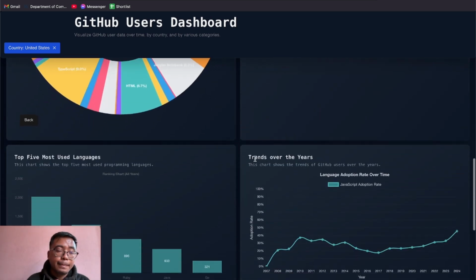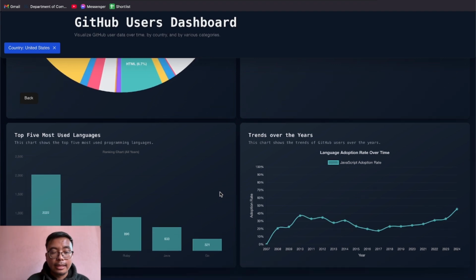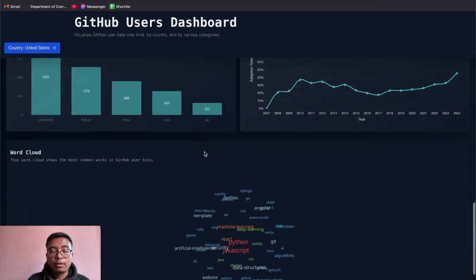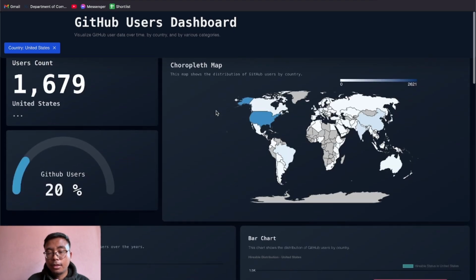Finally, there's the top 5 most used languages. Since it's the United States, and no year has been selected, we have made this chart more interactable with the year. Similarly, here's the word cloud. The word cloud also changes with the United States. Okay, now let us take an example of United States in the year